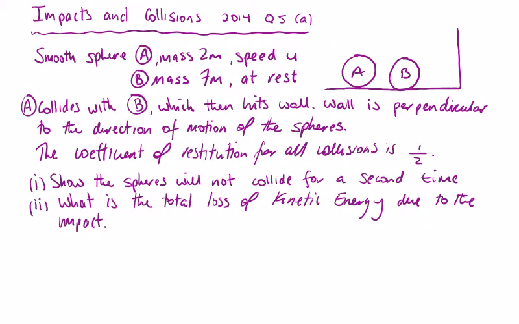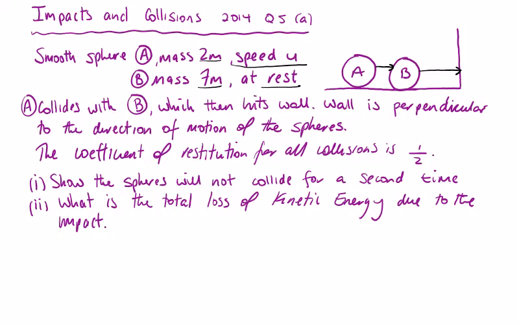Impacts and collisions, 2014, question 5A. Two smooth spheres, A and B. A is mass 2m and speed u, and B is mass 7m and it's at rest. A is going to strike B, and B is then going to strike the wall. The coefficient of restitution is 1/2 for all collisions, but we're told in part 1 to show they will not collide